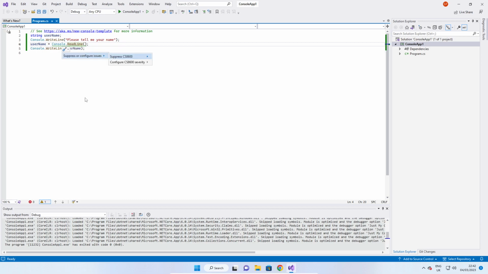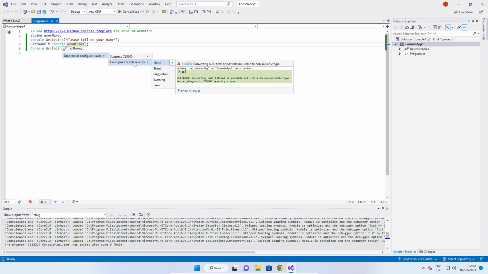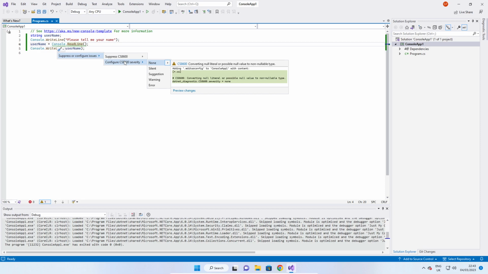What you can do is click on Show Potential Fixes, which doesn't really give you anything helpful. All it's doing is giving me options to suppress the warning, which you could, but